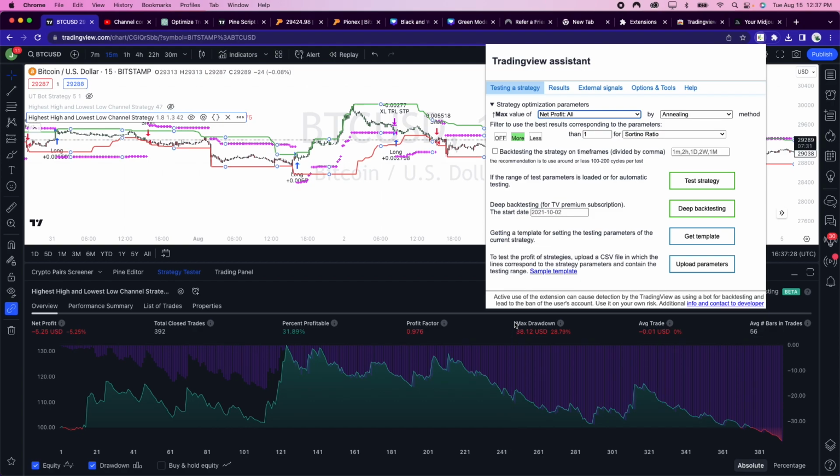And again, the drawdown is telling you how much your account could drop at any time. So for example, we were up 30% in a matter of 2-3 months. And then as you can see, it dropped down 28% off that. So that's almost our entire 30% gains, boom, down, down, down. So you want to make sure the drawdown is as little as possible and the net profit is as high as possible,